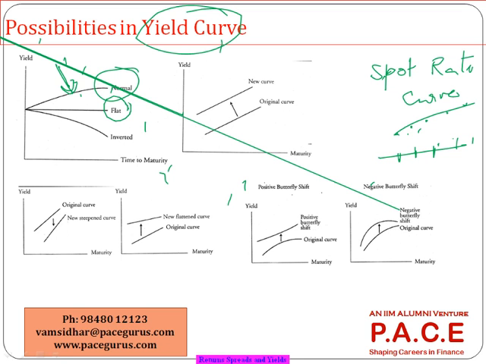Whereas in some cases, it could be an inverted yield curve. The longer you would like to invest, the returns are actually coming down, which we can very well see if the interest rates are already at the peak. If the interest rates are already at the peak, probably short-term rates are higher, but the long-term rates are going to typically go down. Those kind of yield curves, we are calling them as